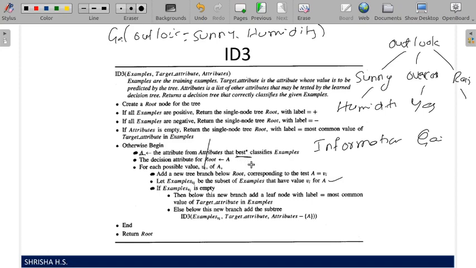For each of the values of that attribute, you make the corresponding subset of the table. For that table you apply the same steps. If there is a chance that further attribute values like humidity can be used, then call ID3. If for that particular attribute value you straight away get a classification, then you add that common classification as a leaf. So that is the ID3 algorithm.